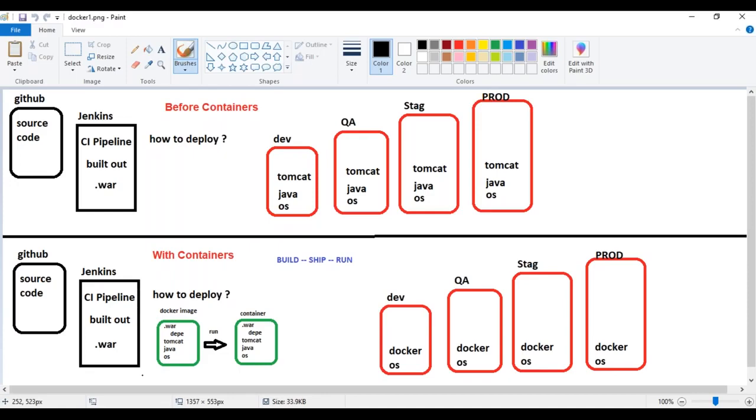So let's take that before containers, we build the application basically, and we prepare these different environments to host these applications. A dev environment requires whatever dependencies your application needs, such as a web server, or a Java based application requires Java, and then a machine with an operating system. Now in different environments, we have these settings or prerequisites to host or deploy your application, right? So we take the WAR file, nothing but your application code,